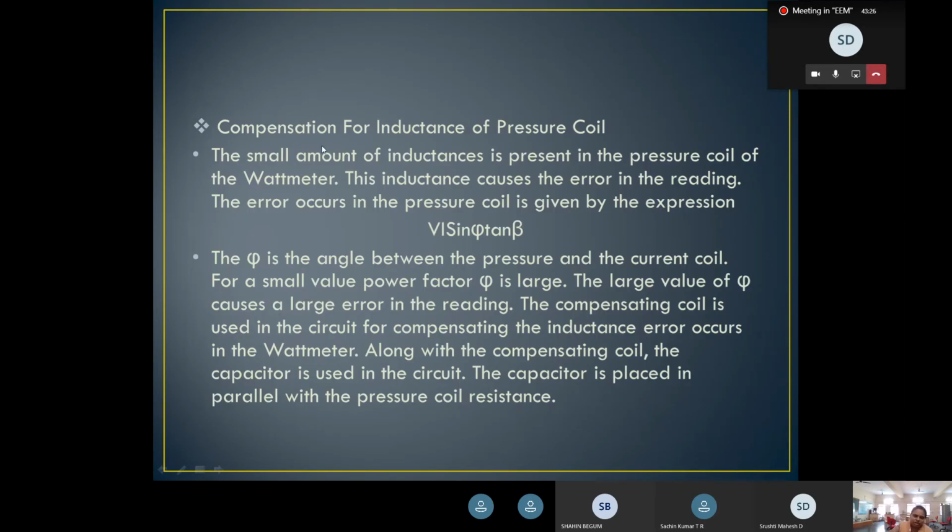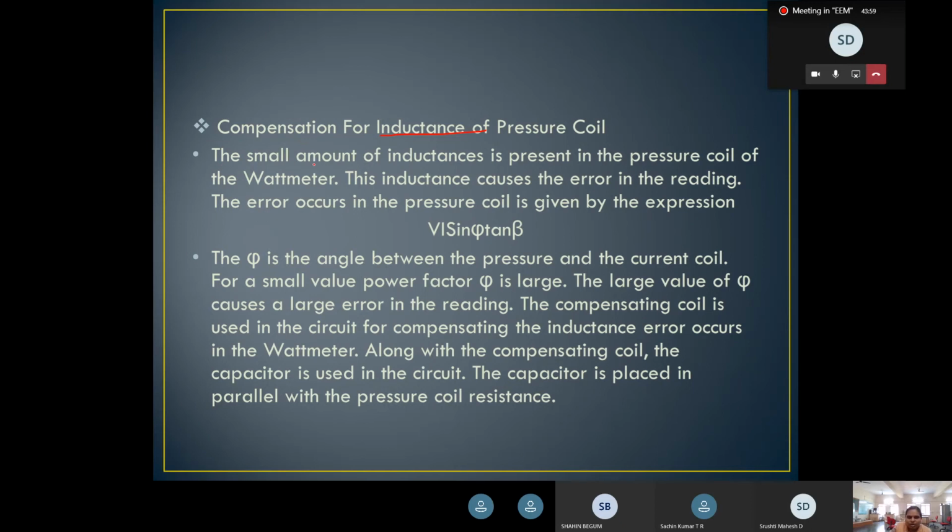Next, one more change we can do in the pressure coil. How is it going to be done? That is compensation for the inductance. We have done compensation in terms of design only, not for the inductance. In terms of the pressure coil only, we did it. Here we are going to make a change for the inductance of the pressure coil. That is the second one. What is the next point here? It is given. First we go with the first one.